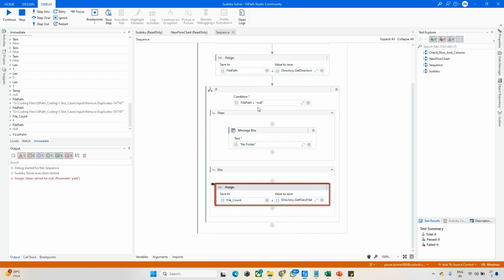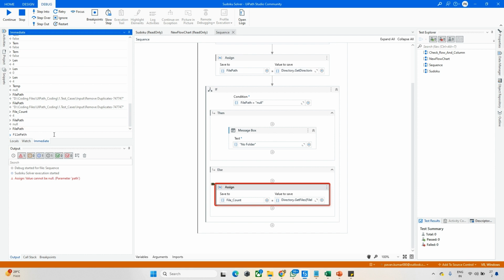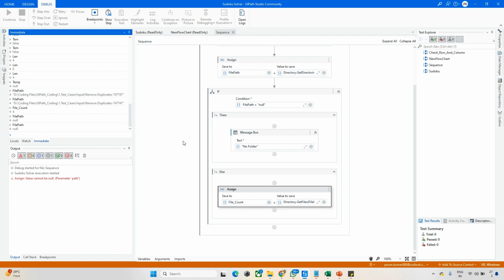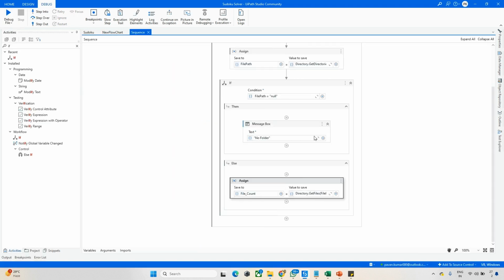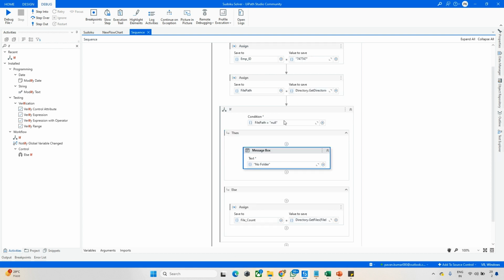Okay, why is it not getting? Let me check. Okay, here maybe the problem is with that null. So we need to observe this. So let me check the file path. So file path is null. Okay, this should be the... here the file path null is not working. So maybe having some issue, might be the internal things. So I will change that syntax here. So just remove this null and make it as